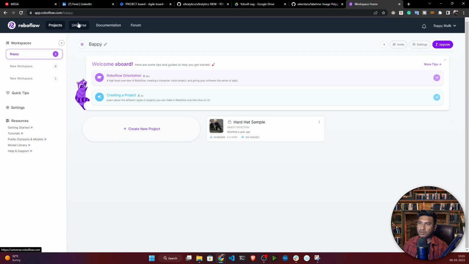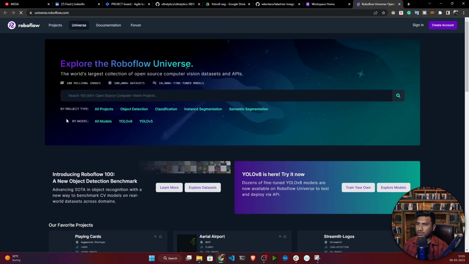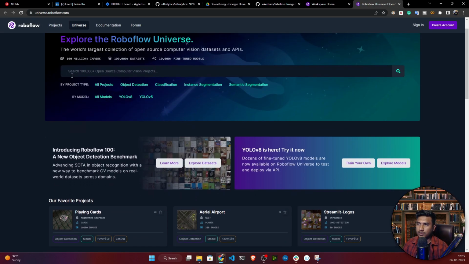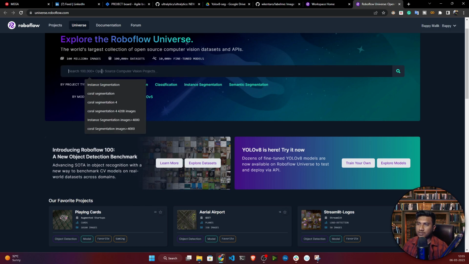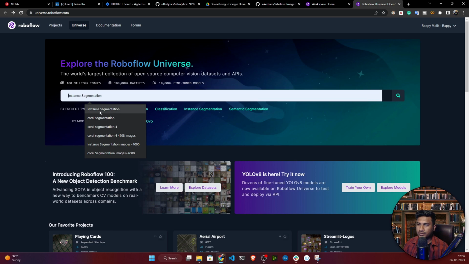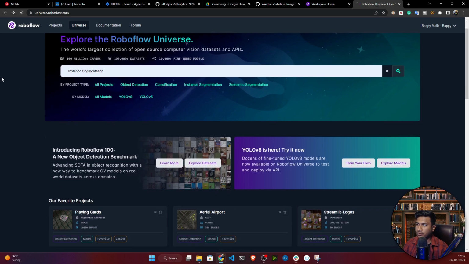So here just click on Universe. If you click on Universe, you will see a search bar. Here you can search for which dataset you need. So what I will do is search here for instance segmentation, and if I search, you will see lots